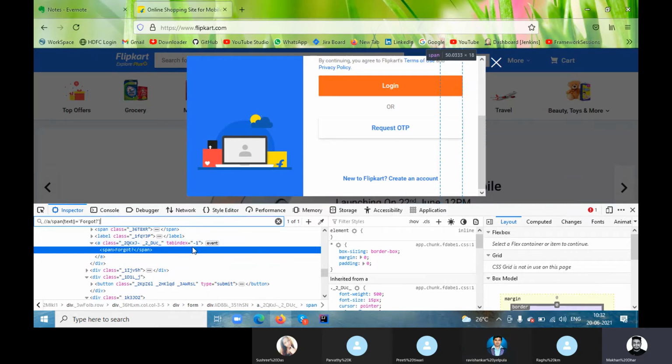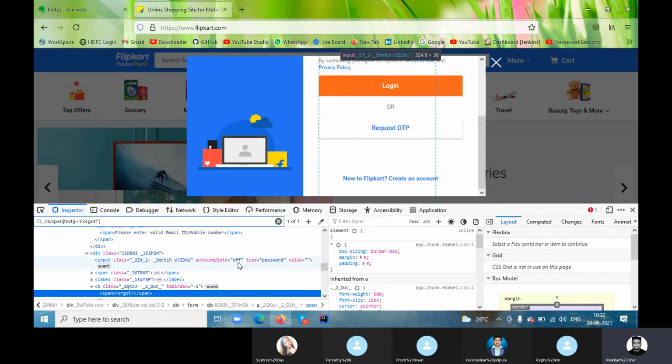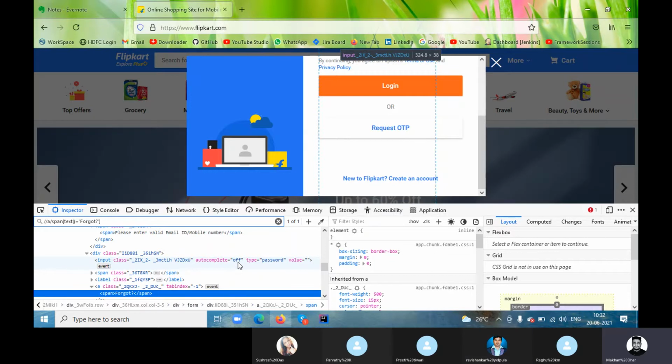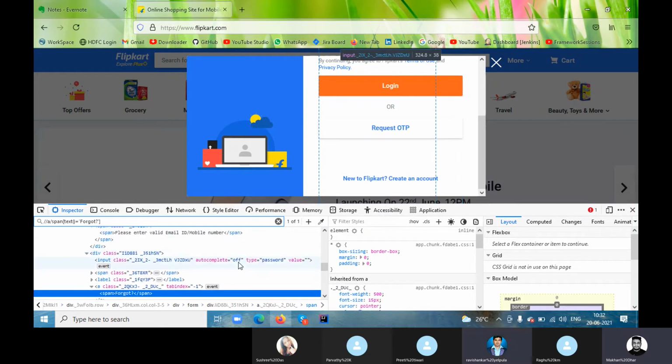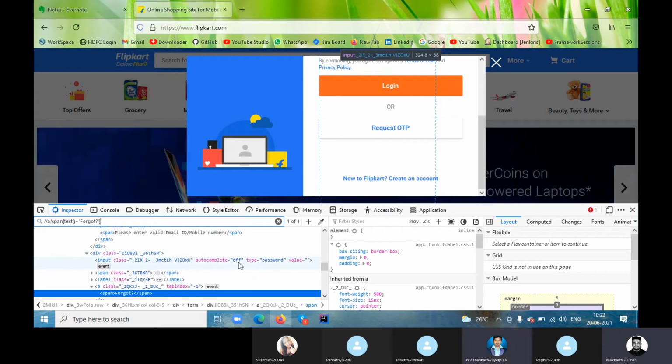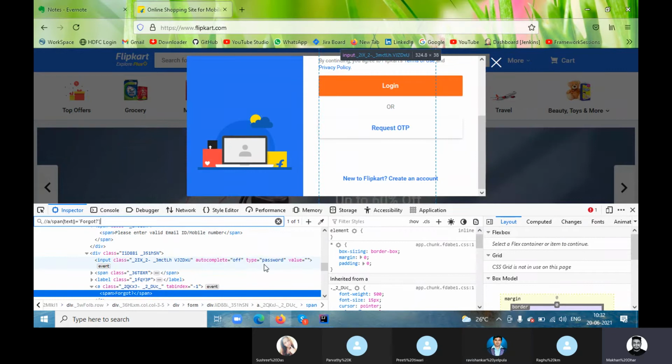Is it dynamic? The first time, is the locator we are getting changing? The second time you will get to know, right? So based on that, you are fine with ID or class or whatever. You can also create an XPath. And there is one advantage of creating XPath: if you are doing a combination between two attributes,